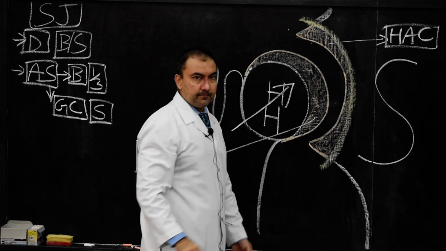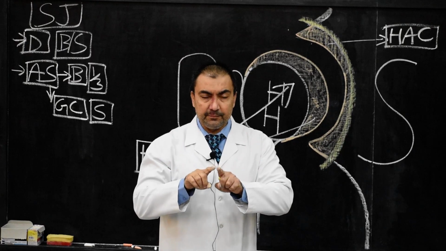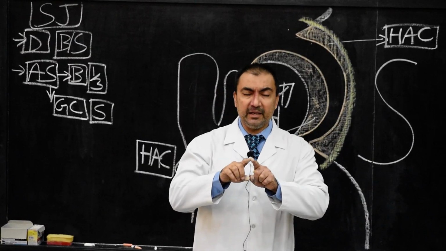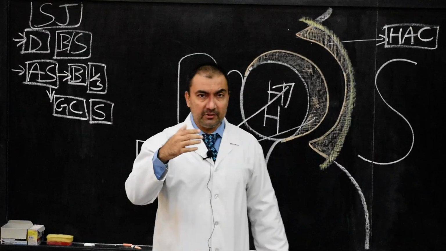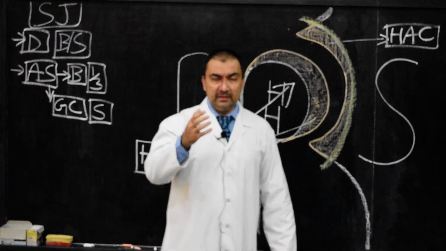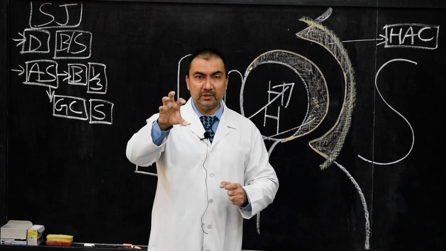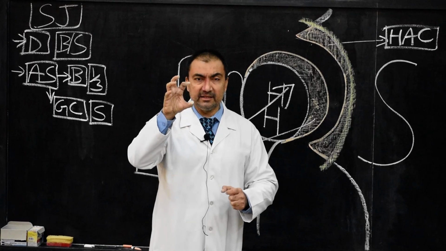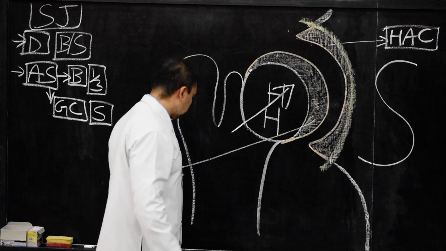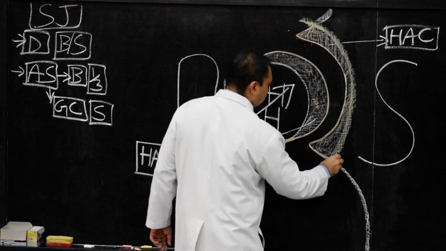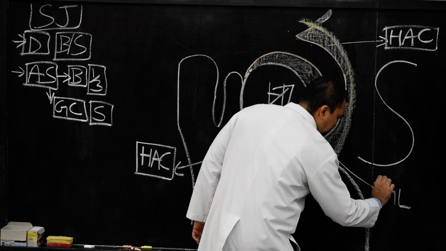The peripheral portion of the glenoid cavity of the scapula is covered by a fibrocartilaginous rim, which is called glenoidal labrum, which will make the glenoid cavity deeper. Since the glenoid cavity, as I already mentioned, is shallower, it will be made deeper because of the attachment of the peripheral fibrocartilaginous rim, which is known as the glenoidal labrum. That is another important point. So therefore, here also I am going to mark this as the glenoidal labrum.